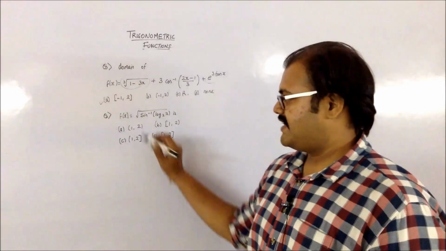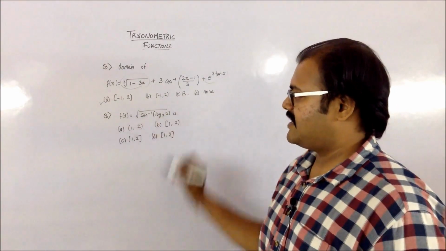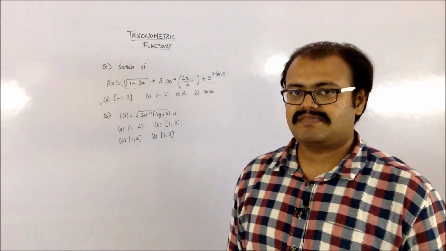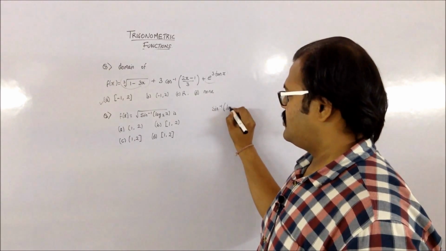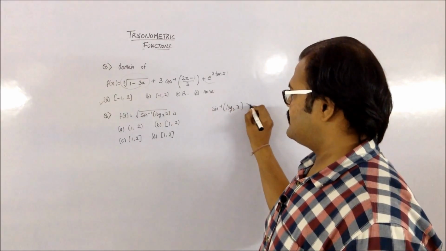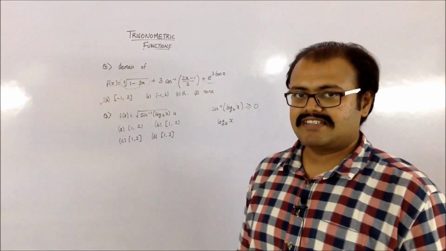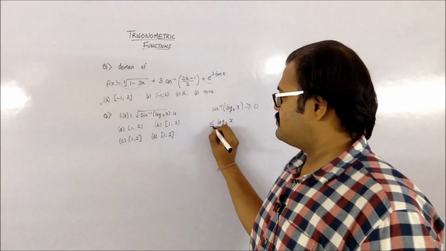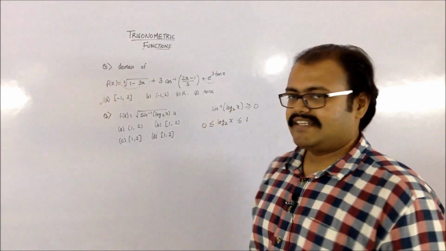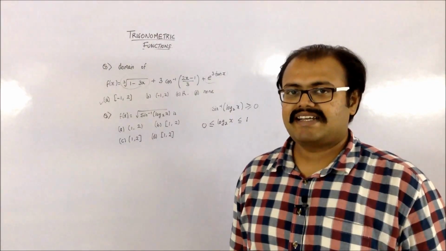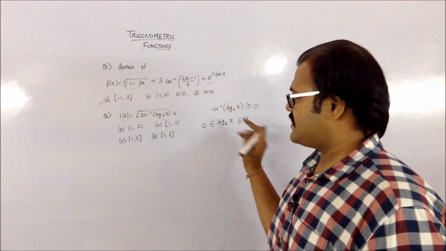Moving on to the next one, we have the function, and again we have to find the domain of this function. So let me concentrate. We have a root. I cannot have a negative term which is present inside it. So that means basically my sine inverse of log 2x should be something which is greater than or equal to 0. It cannot be a negative number. For the sine inverse also to be defined, it should be greater than 0 but less than 1. Because if I substitute anything which is more than 1 in it, my sine inverse will not be defined for it. So it should be between 0 and 1 for my sine inverse.